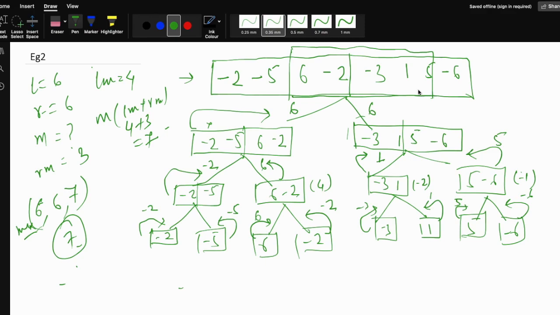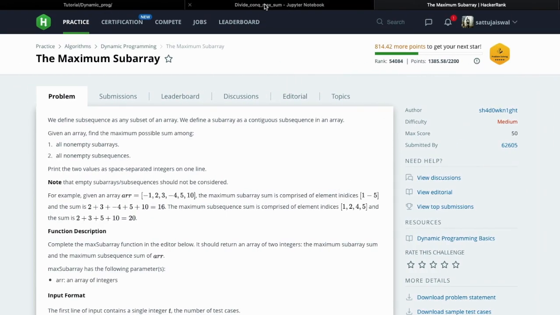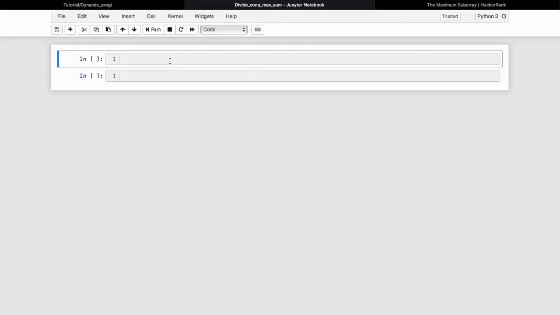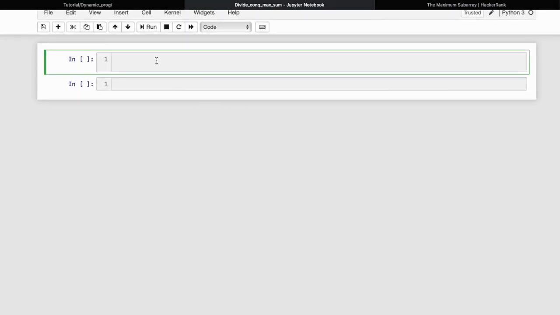So let me try to write this code so that you will get to understand in a simpler way. The very first thing is, let me take the sample input array 1. Let my array be the very first sample input, which is -3, 1, 5, and -5.